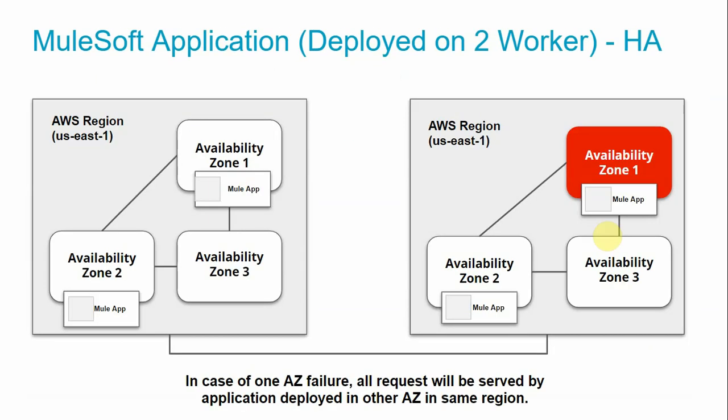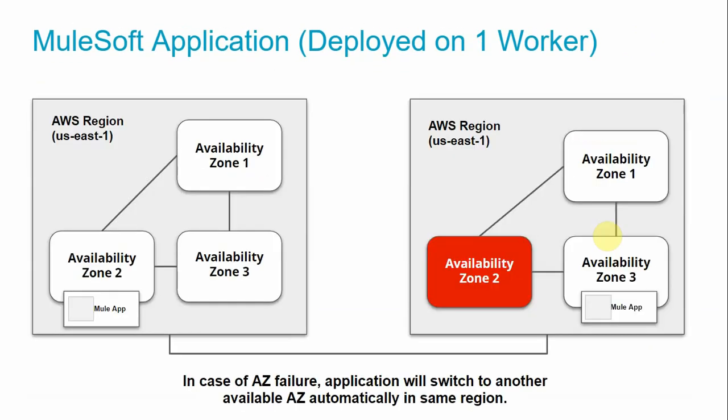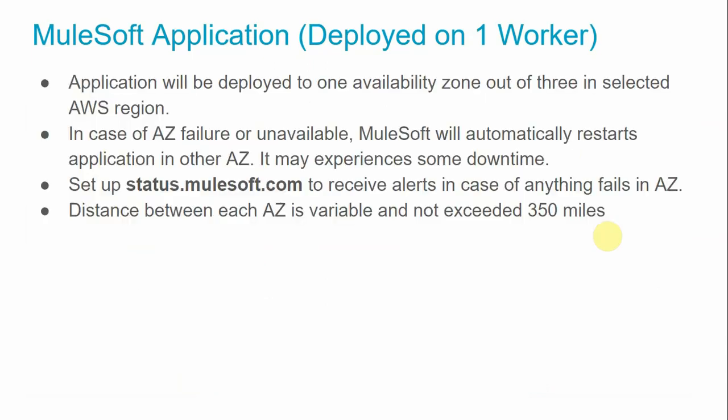Let me go over it once again. Basically, you need to understand what a worker is. A worker is a dedicated Mule instance where you deploy your application. When you deploy the application, you select the worker, right? That worker will create an EC2 instance on the backend, install the Mule runtime, and run your application within that container. So that is the worker. You got that.